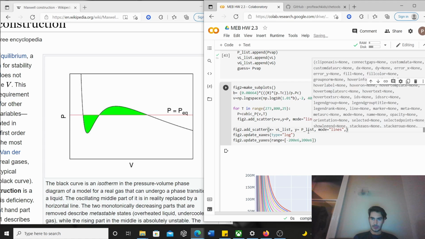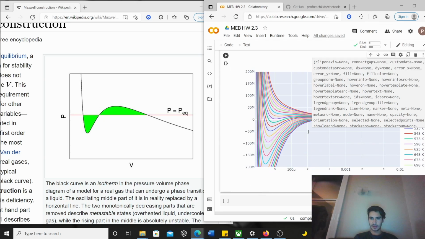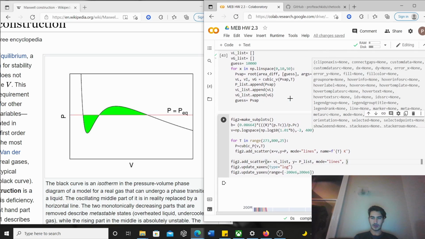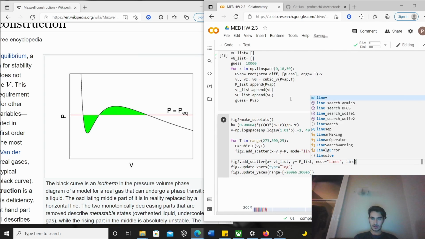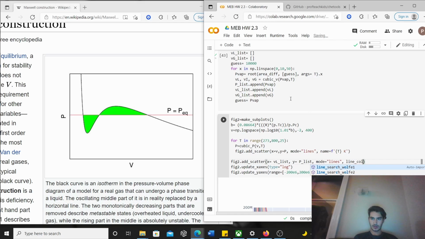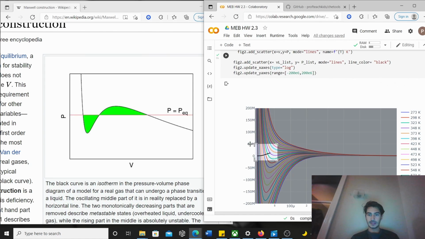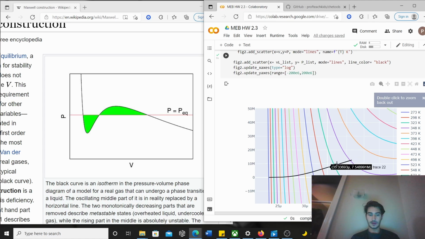Now we're gonna want to create a specific color since we want it to stand out, right? So the color of this would be black. So line underscore color, and we're gonna make it black. Right. Enter. So this is what we get, and we can see that we are given these values, but only